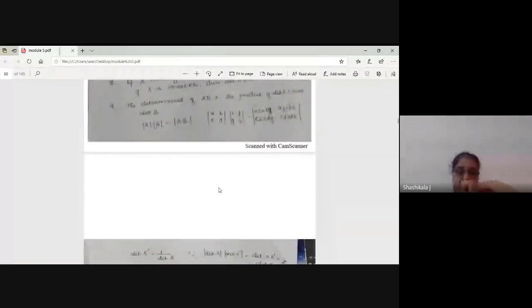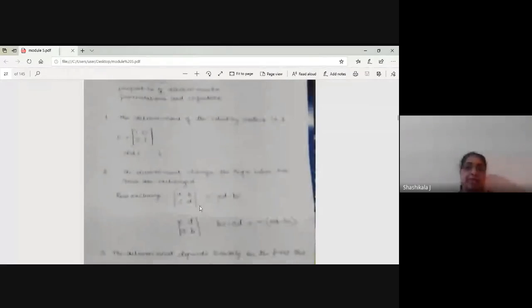But before that, in the properties of the determinants,